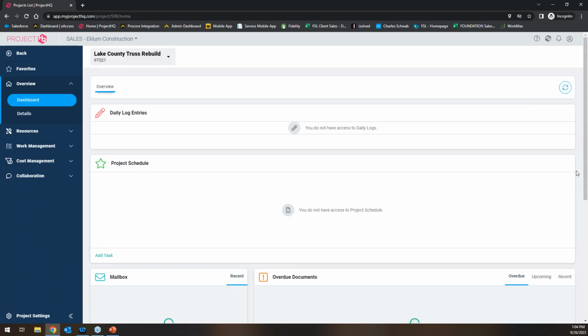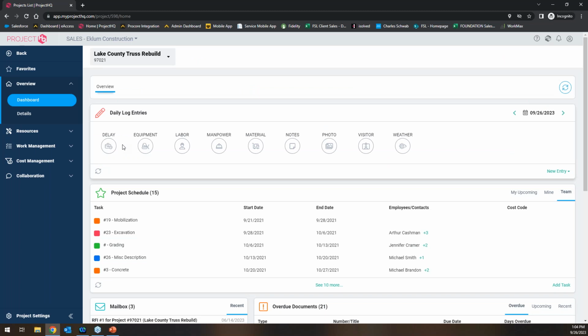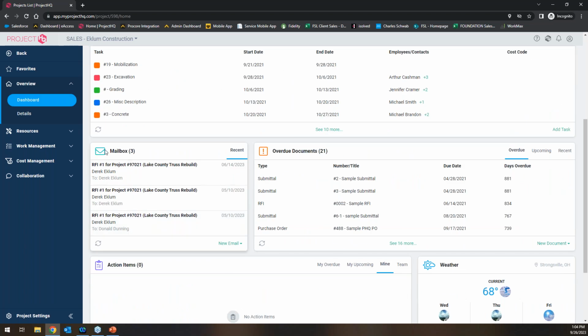But the idea is you can select a project, and then it brings you to an overview page just for that particular job. And you get into things like daily logs, a schedule overview here, most recent email. And the way that email works here with HQ is it would tie in or connect to your Outlook account or Gmail account, and you'd be able to email directly out of here, and it comes from your actual email